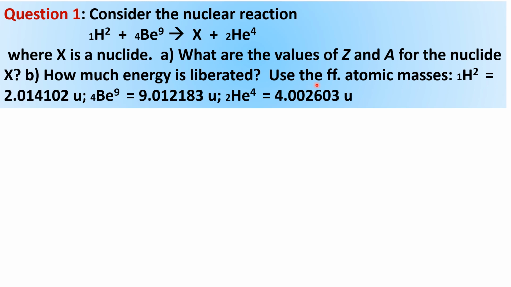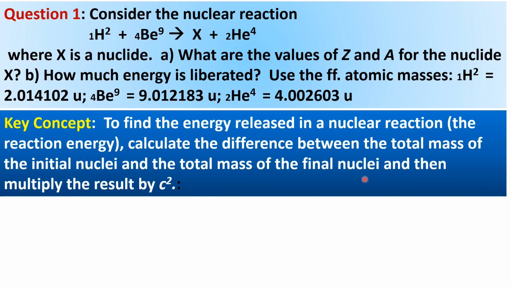So we are going to use the following atomic masses. For deuterium, it is 2.014102 atomic mass unit. For beryllium, it's 9.012183 atomic mass unit. And for alpha particle, it is 4.002603 atomic mass unit. For our first question, or the basis in answering the questions, is simply for us to